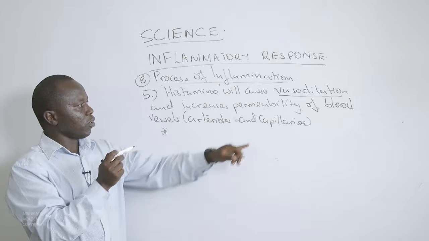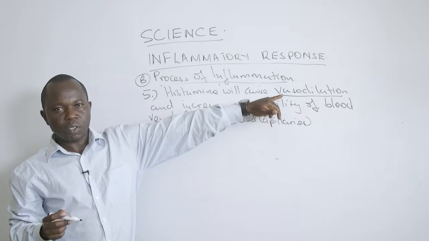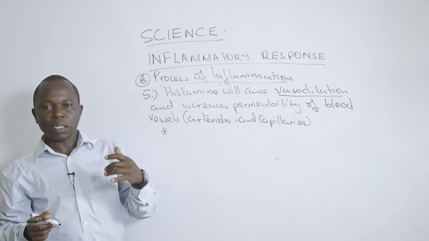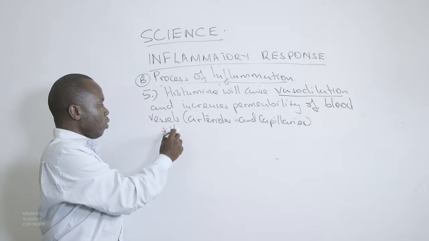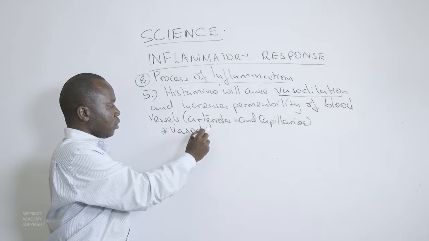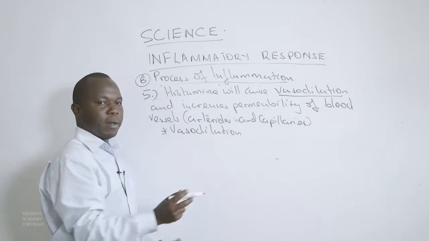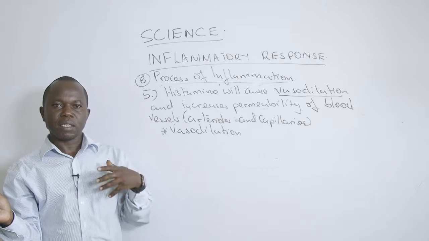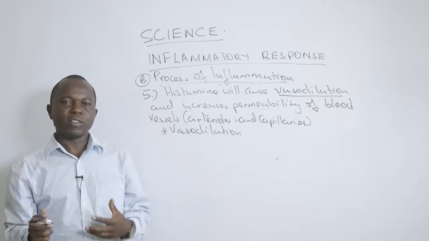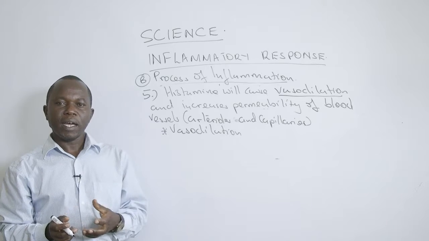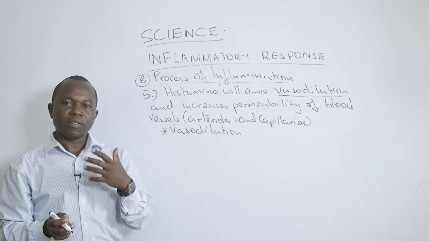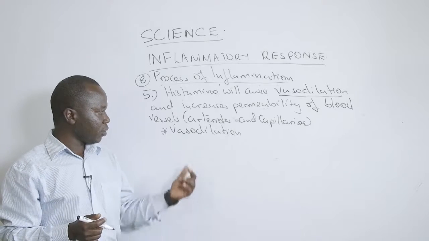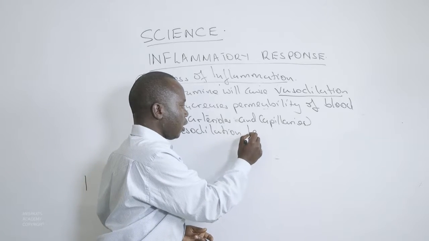So what is the effect of these two scenarios, vasodilation and increased permeability? So vasodilation, when a blood vessel increases in diameter, what will happen is that it will allow more blood to flow to the area of injury, of damage, or where the pathogen have invaded. So vasodilation leads to